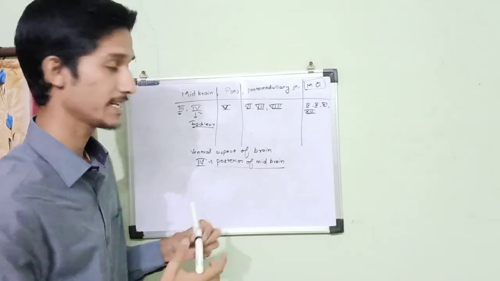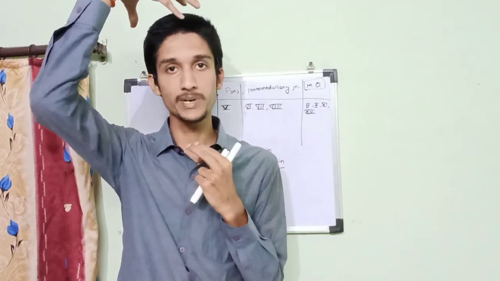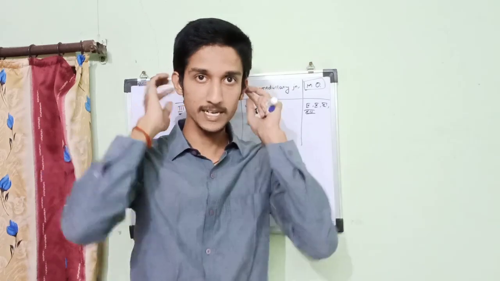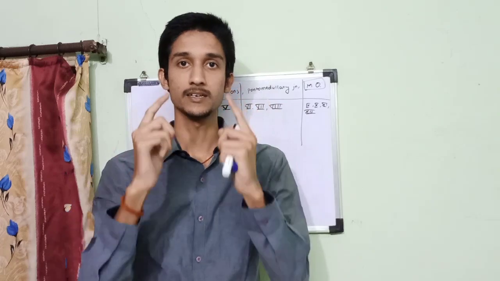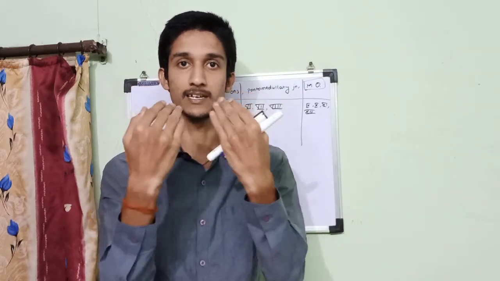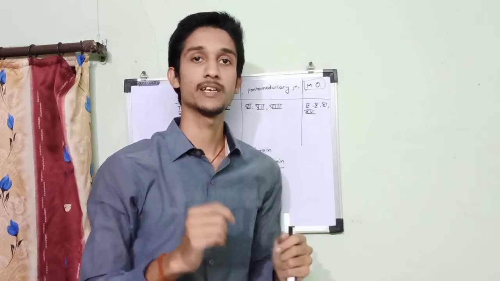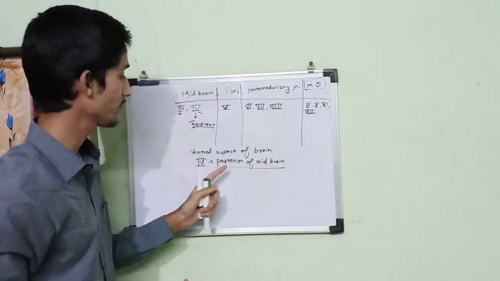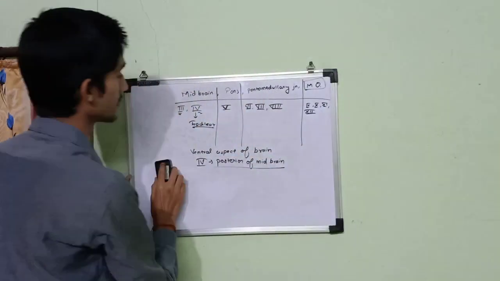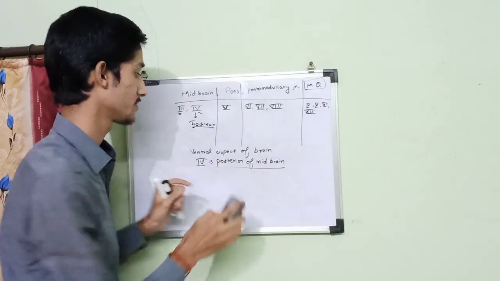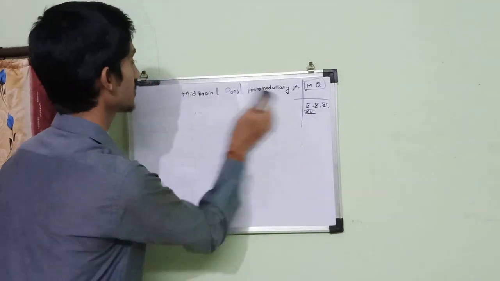What do I mean to say by that? If this is my head, I have my brain here, I have my brain stem here, cerebellum at the posterior side, and pons and medulla. So all the nerves arise like this. They come anteriorly, but trochlear nerve originates from posterior of midbrain and then it curves and comes to the front. Therefore, all the cranial nerves arise from the ventral aspect of brain except trochlear nerve, which arises from the posterior of the midbrain. So this was a brief of origin of our cranial nerves.